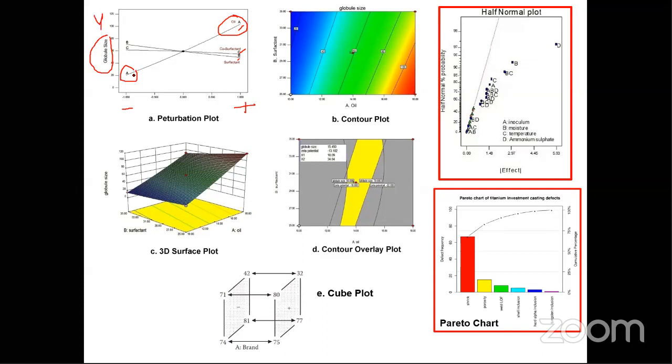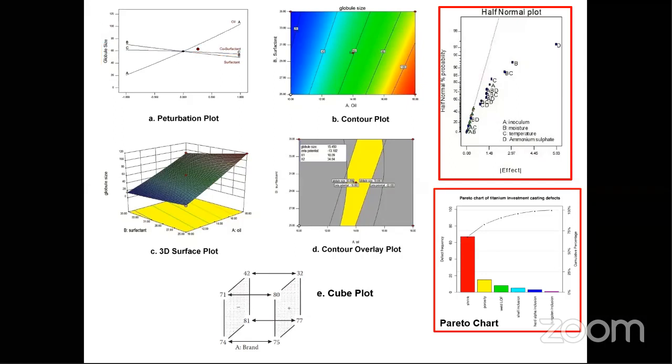How can you say that it has more curvature? That means when you increase from minus to plus, the resolution also gradually increases from here to here. How much has it increased? Somewhere around 20 to near about 100. Whereas for B, you can see it is decreasing a little, from 80 to 60. If you see C, it is almost nil. It is like a standard. That means